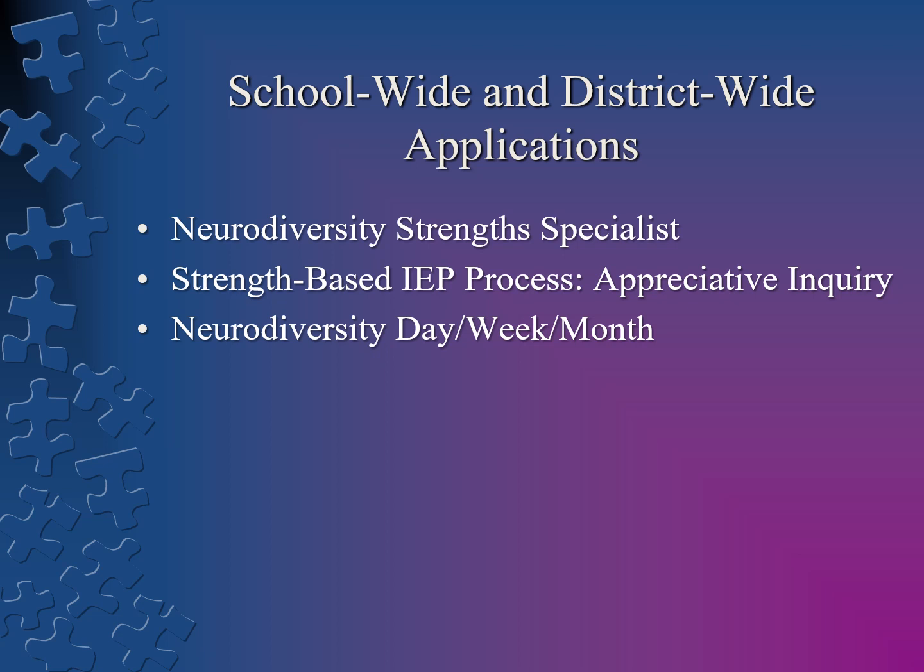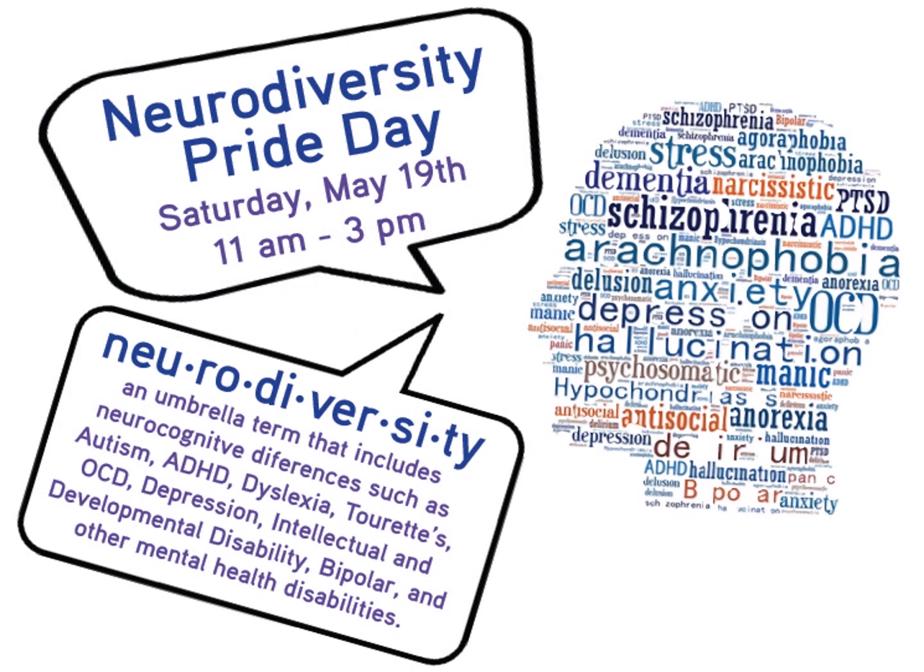Another simpler and more easily applied approach to bringing neurodiversity into schools and districts would be to have a neurodiversity day, a neurodiversity week, or even a neurodiversity month or year. Many groups have celebrated Neurodiversity Pride Day. This one takes place on May 19th. Some people celebrate neurodiversity on Autism Pride Day on June 18th. But regardless